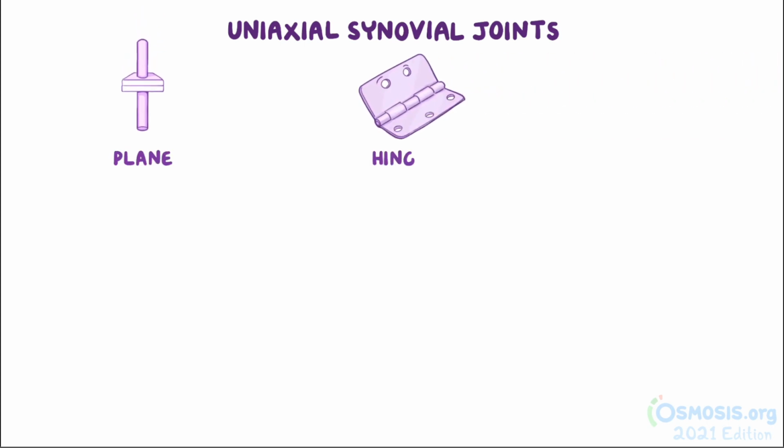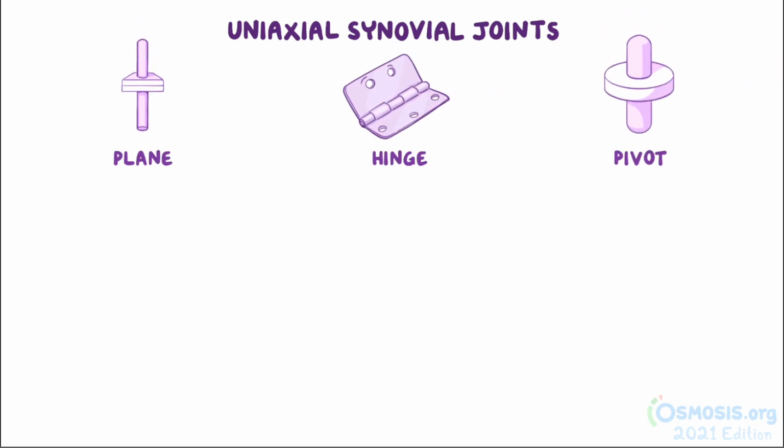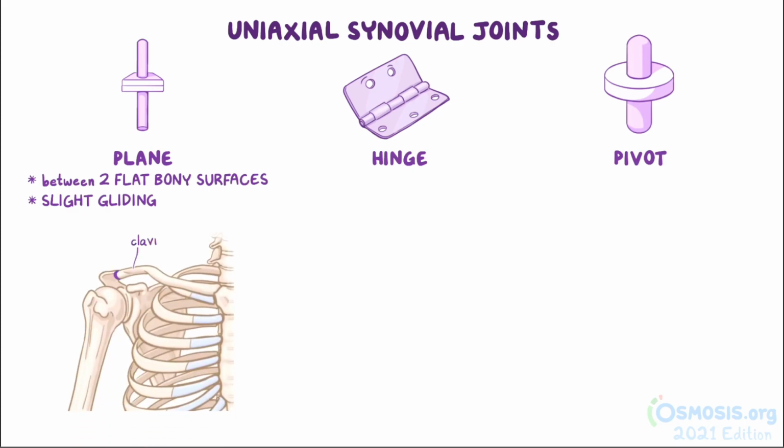Let's start with the uniaxial synovial joints. These are joints that move around a single axis, and they include the plane, hinge, and pivot joints. A plane joint describes a small joint between two flat bony surfaces, allowing for slight gliding or sliding movements. Typically, this type of joint is found between the clavicle and the acromion of the scapula, or between the wrist